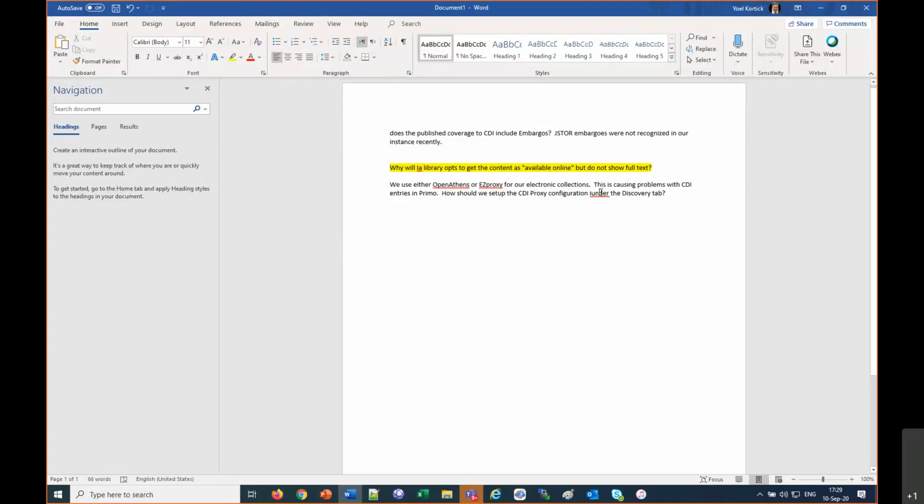This is exactly the use case that I want to show now. So maybe we can save this question for later. Maybe after I go through the use case, it will be clear.